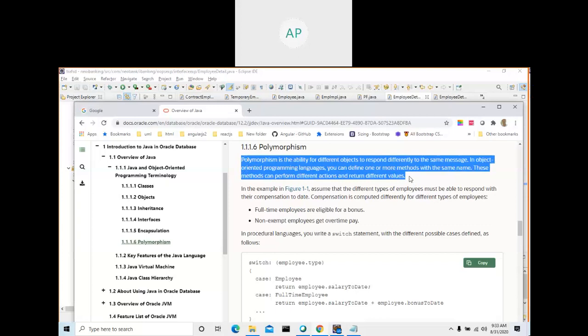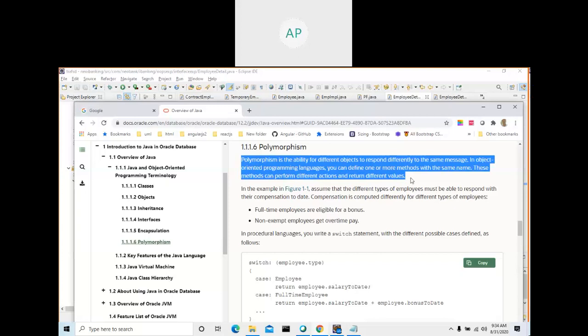When you call the method on the subclass, if it is not in the subclass, it goes and calls the one in the superclass. If it is in the subclass, it will call the method in the subclass. So we saw one kind of polymorphism during our previous training.